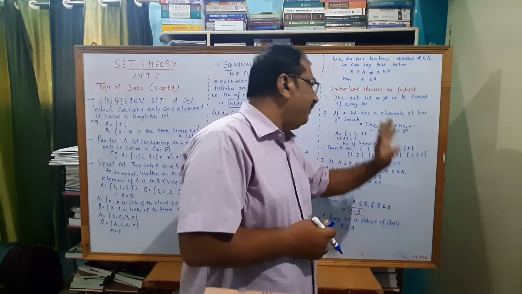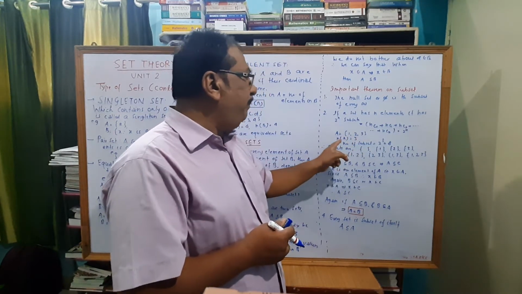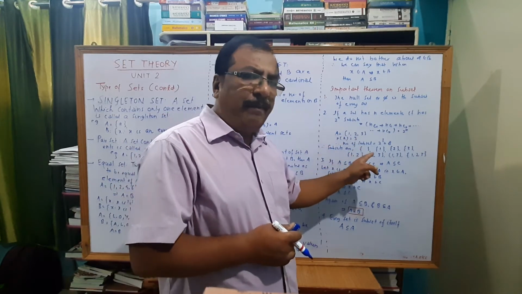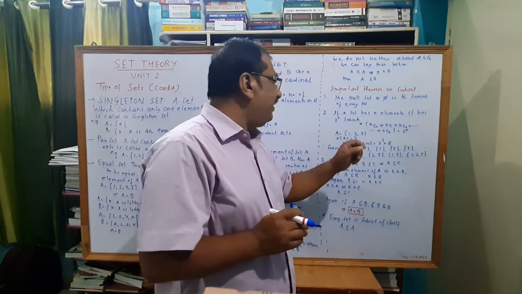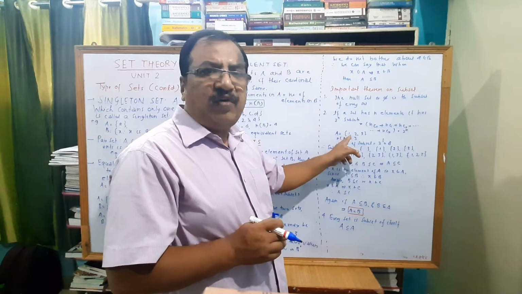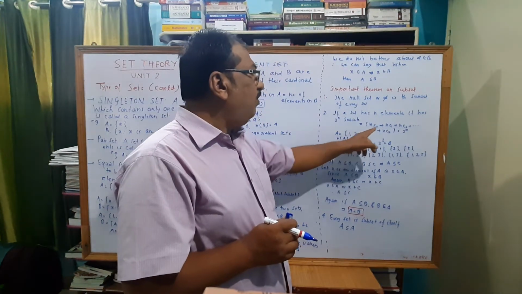Now if A is equal to {1, 2, 3}, then the number of elements in A is 3. So the number of subsets is 2 raised to the power 3, that is 8. So the subsets are, first, for no elements, phi, the subset of every set. Now for one element,